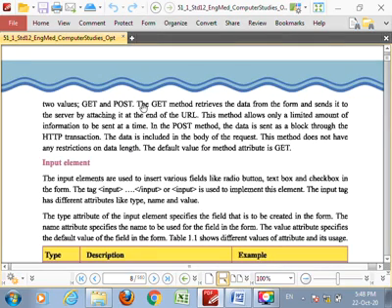The get method retrieves the data from the form and sends it to the server by attaching it at the end of the URL. Another important point is that this method allows only a limited amount of information to be sent at a time.